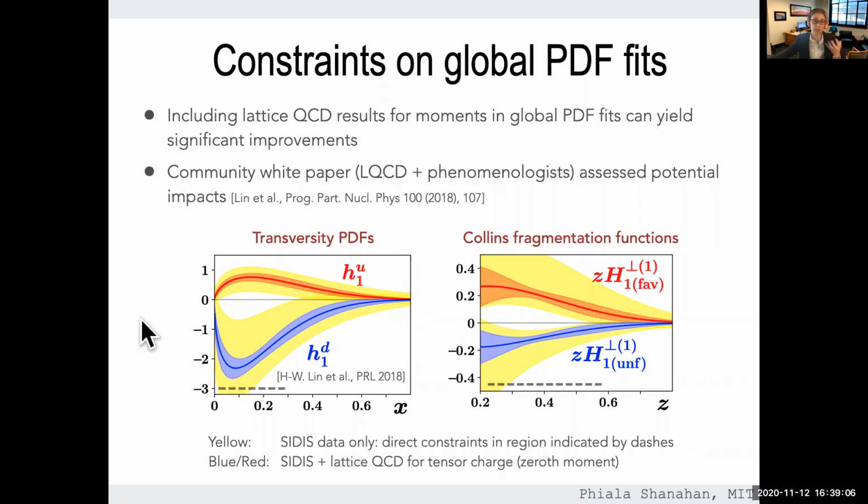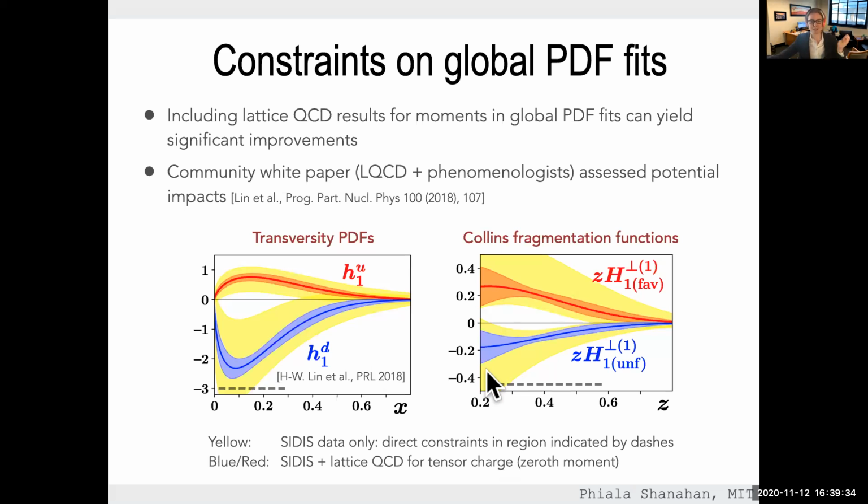are less well constrained from experiment, especially at large x, so large longitudinal momentum, and the flavor separation is not complete. And just by including the lowest moment of the parton distribution functions calculated in lattice QCD, you go from these yellow bands to these smaller blue and red bands. So adding that one number gives you a much better constraint on these parton distribution functions. And here, the fragmentation function,